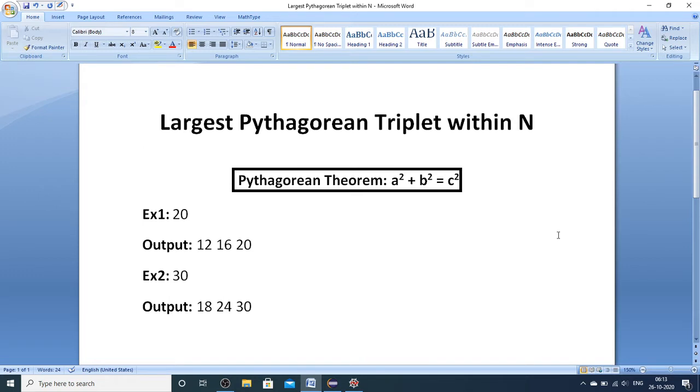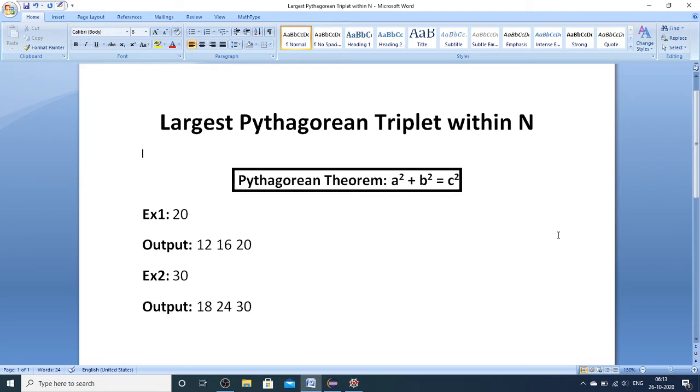So I have taken two example test cases. In example 1, the given n value is 20, and with the given n value 20, the largest triplet that satisfies the Pythagorean theorem is 12, 16, 20. That means 12 square plus 16 square is equal to 20 square.